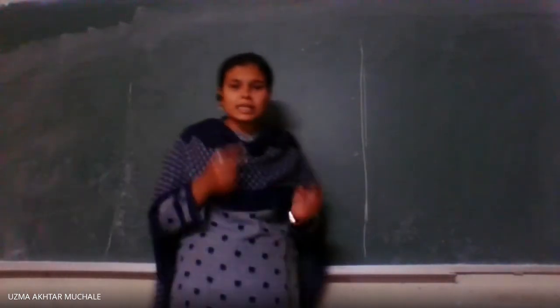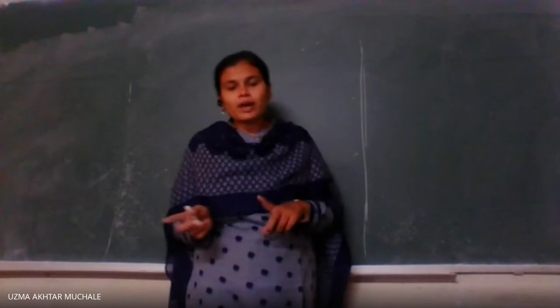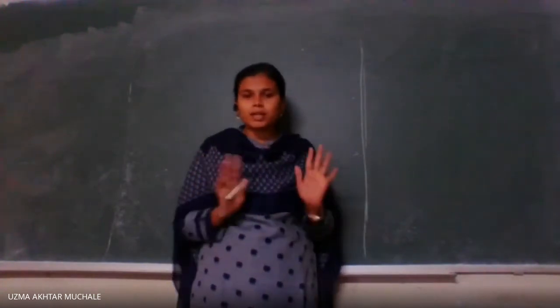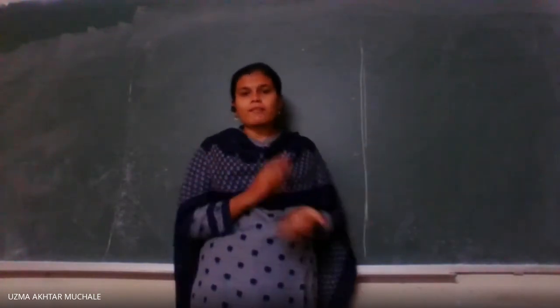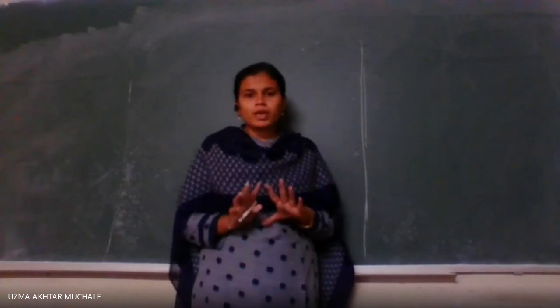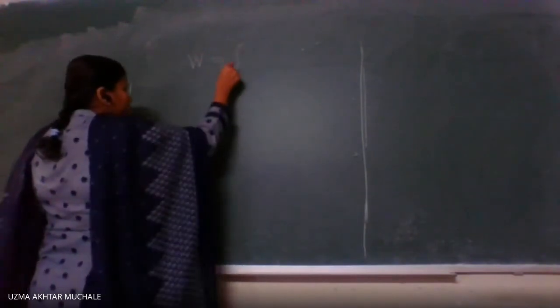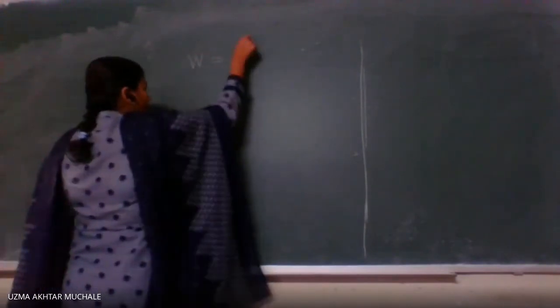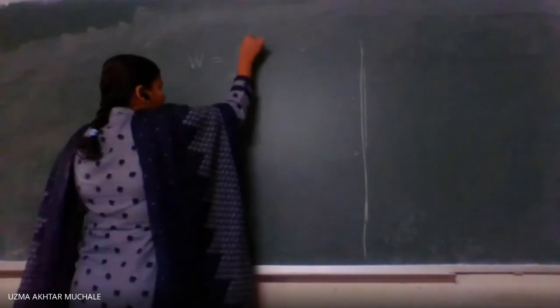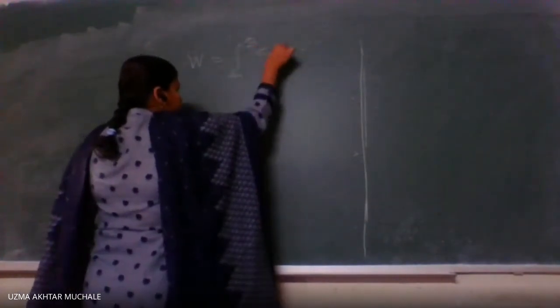Okay. So what we have to show is that it is a conservative field of force. What is the meaning of conservative? We have to show that the work depends upon the initial and final position, but it does not depend upon the path traveled by the particle. Okay. So for that, let us go. We have to find out the work done. The work done is nothing but the integration from position A to position B of force into displacement.